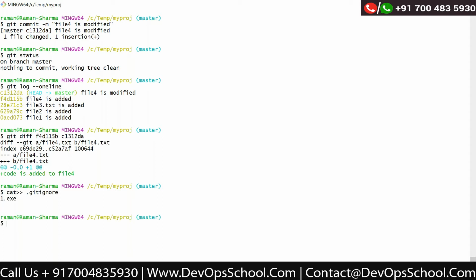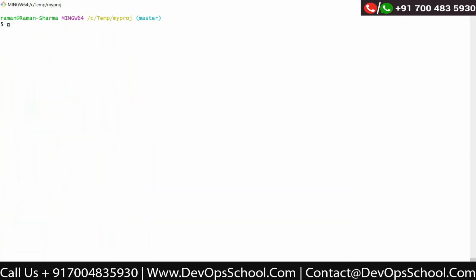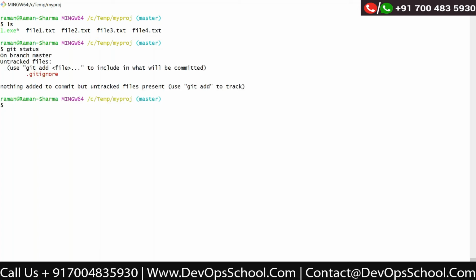Okay, Control C. Now, if I create a file, touch 1.exe, and if I say ls, yes, this file is there, 1.exe, but it will be ignored. If I say git status, you can see it is showing only the .gitignore.